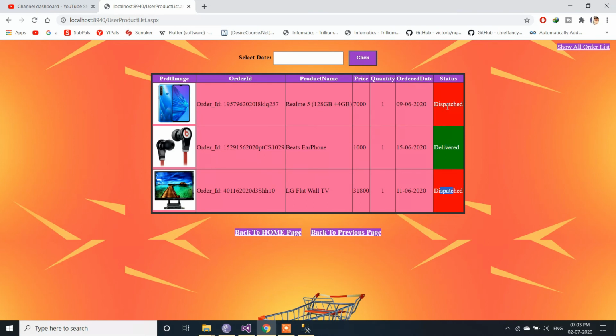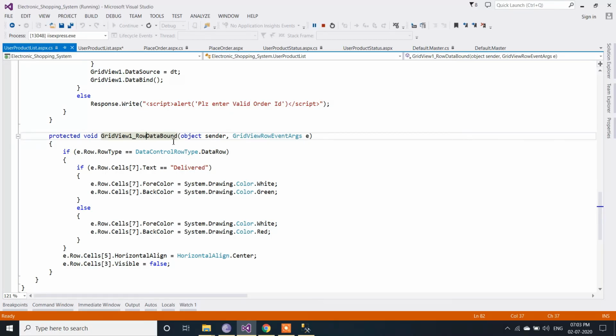So based on the status of the data present, the background color changes for this particular status column. For that we have used this RowDataBound event, because inside this event we are binding the data for that particular cell of the status column.